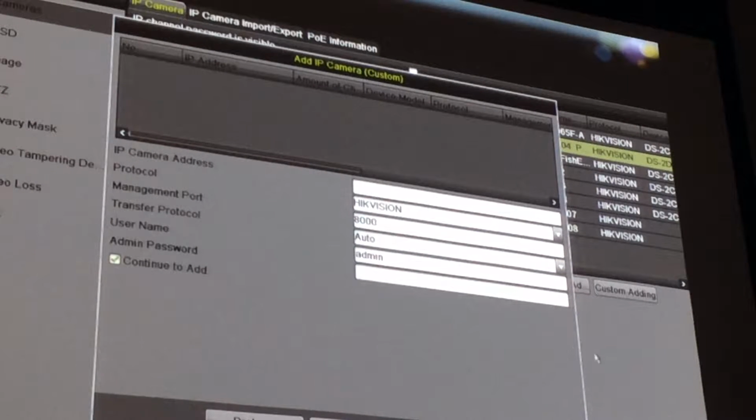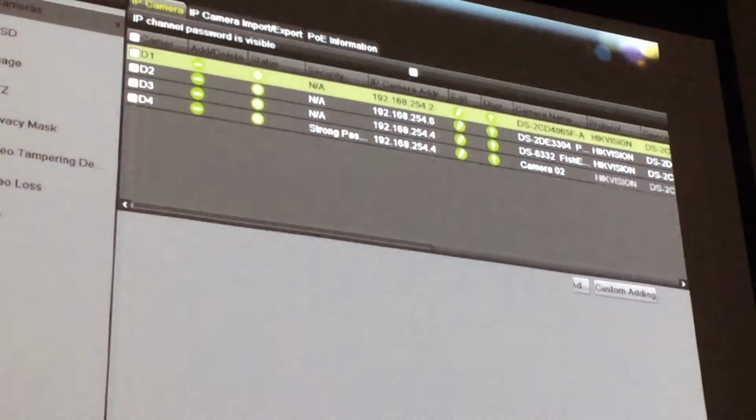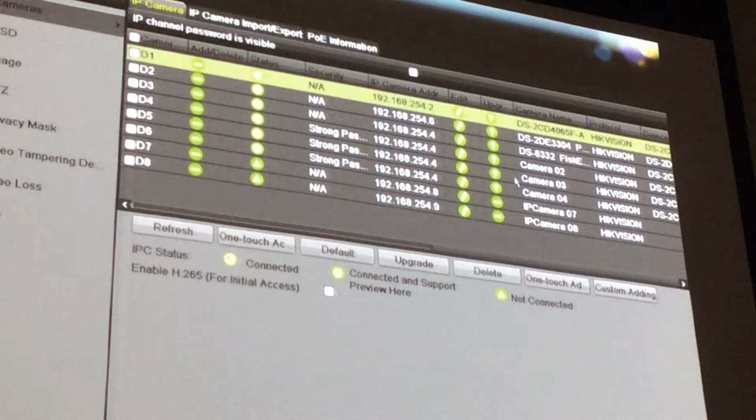Hit add. That camera will then be here, and it should activate. Now, just understand that you have to make sure you give them an IP in this range, 192.168, not a number that's not in there. Yep. And just know that if you choose